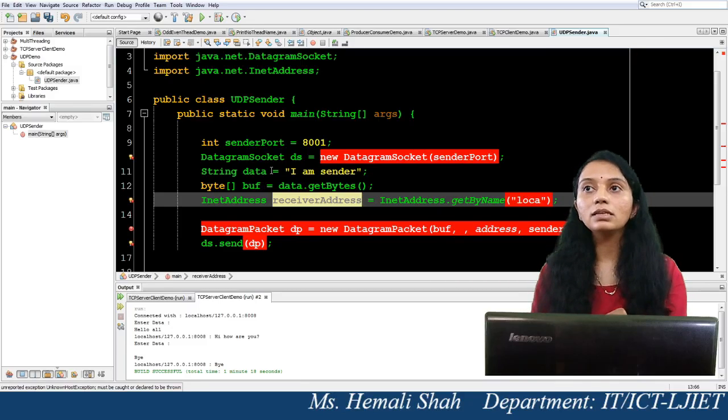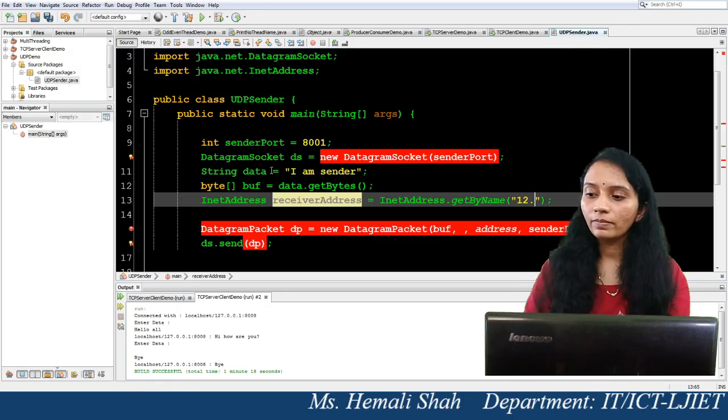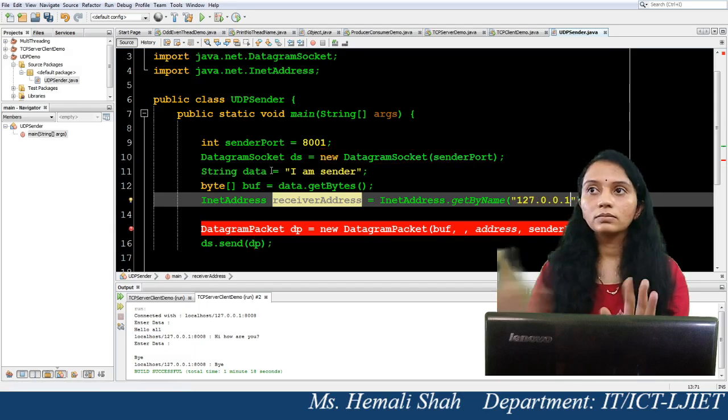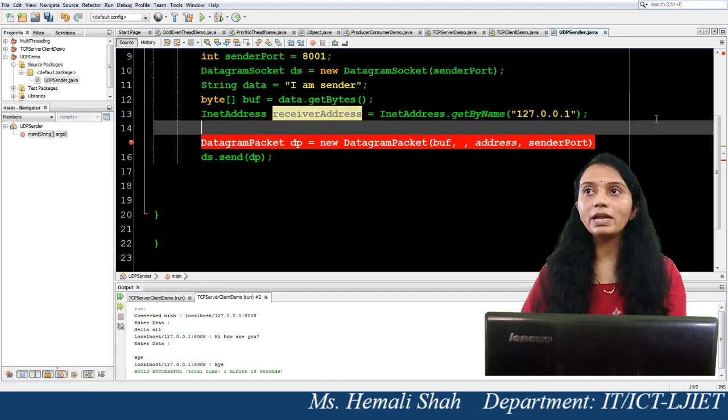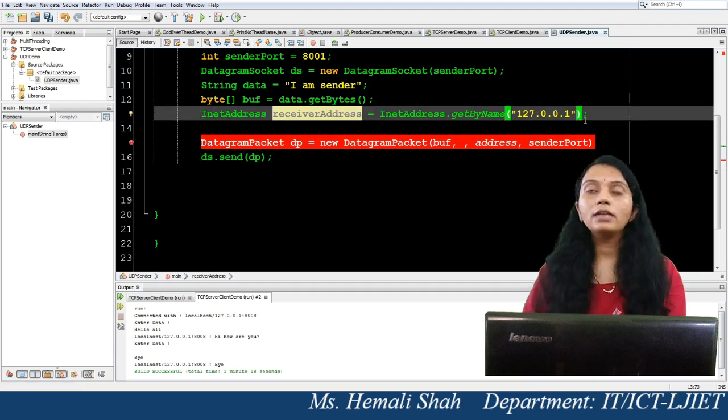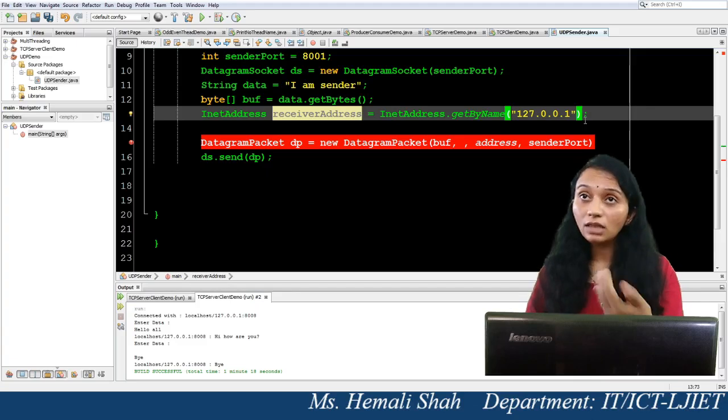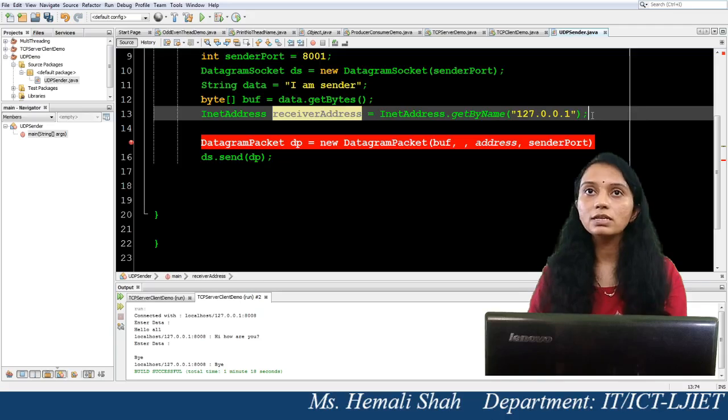Here I am running both programs on the local machine, that's why I am specifying localhost, or you can specify 127.0.0.1, right? Or if you are using a different IP address, different machines, and if you are running your receiver program on another computer, you can specify the IP address of your receiver's program over here, right?